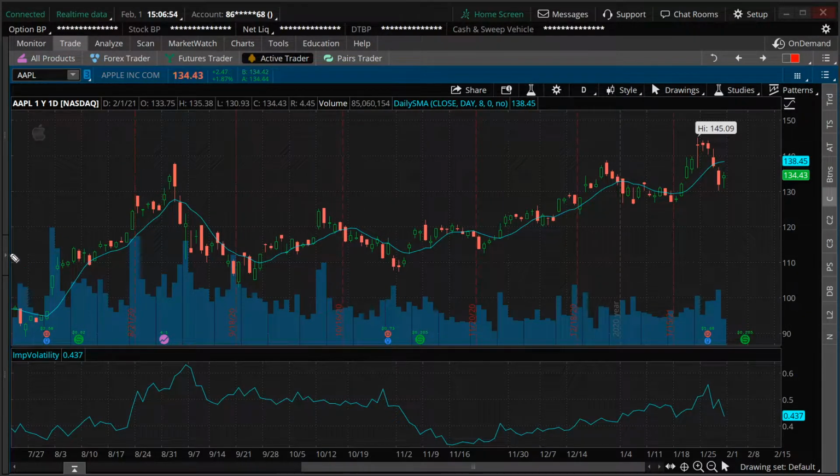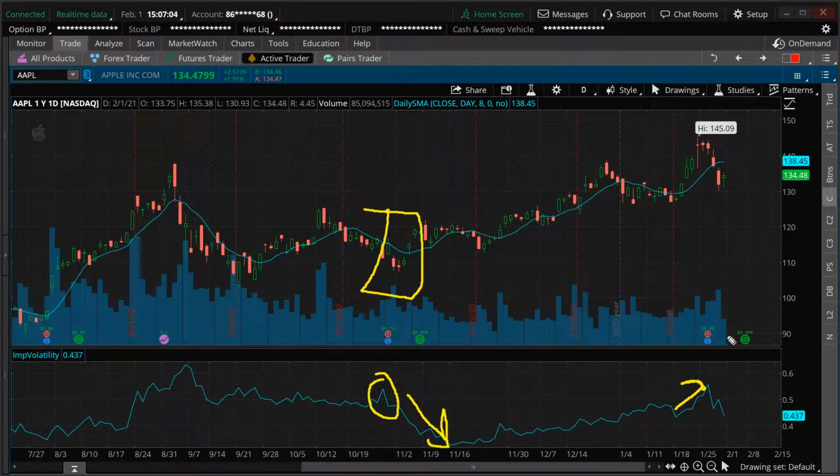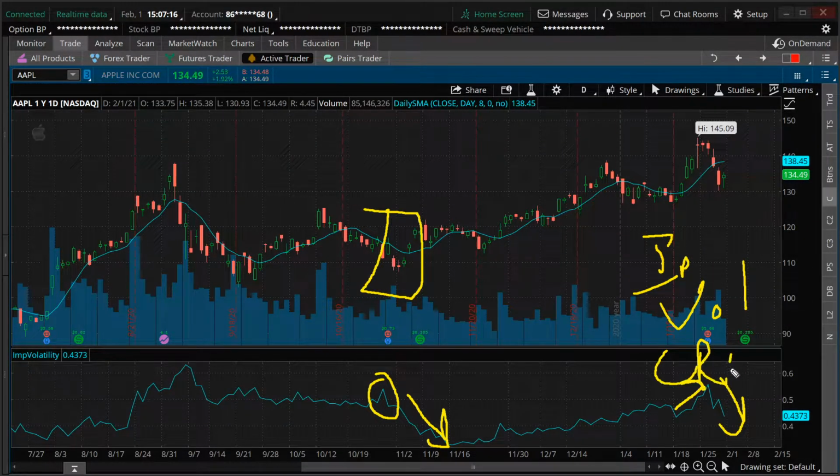We can see here around this earnings, implied volatility was high, then it drops. If we look at the earnings just from last week, implied volatility went up, then it dropped. So why did this happen? Well, this is what we call an implied volatility crush, or vol crush. Not the volume in the stock fell, but the volatility fell.